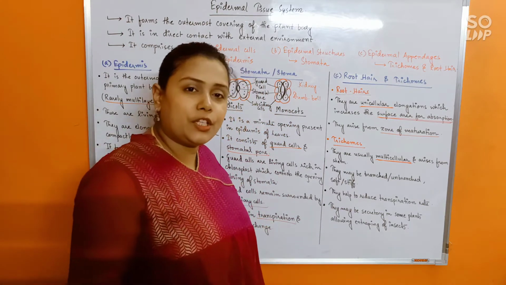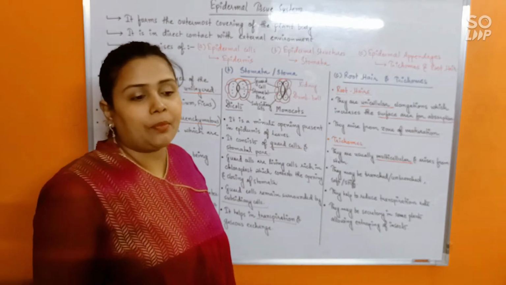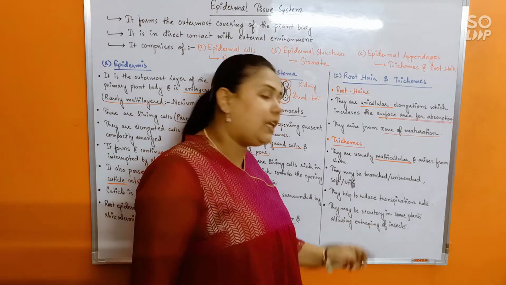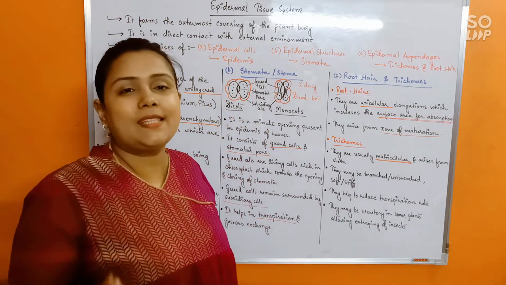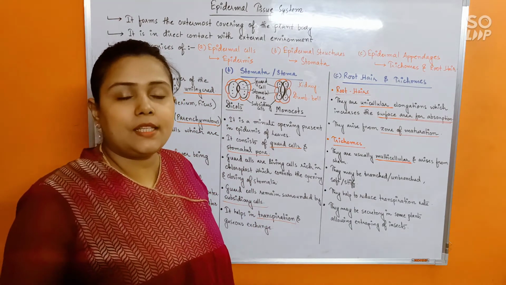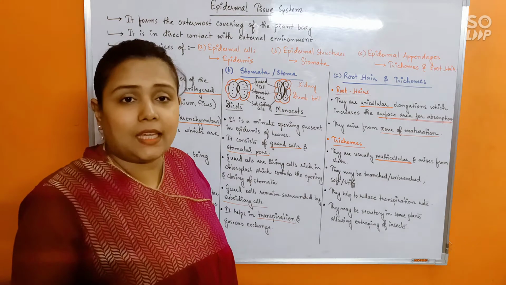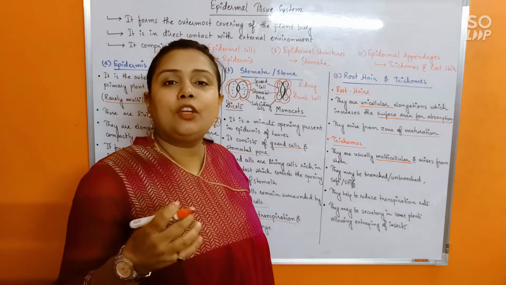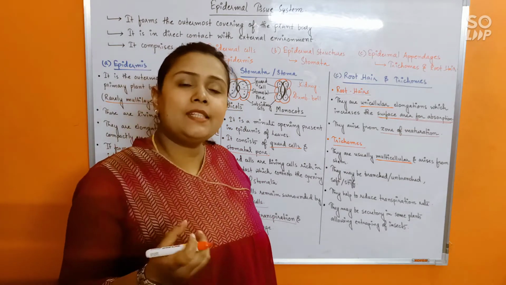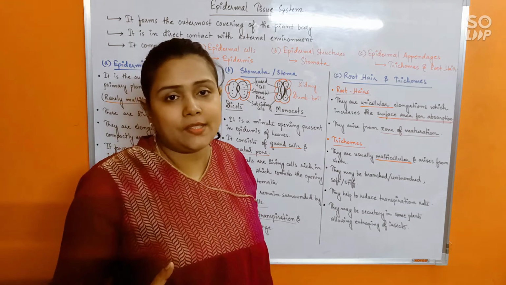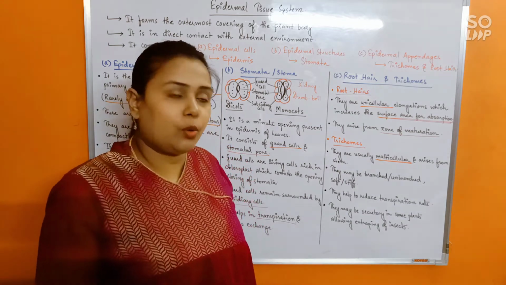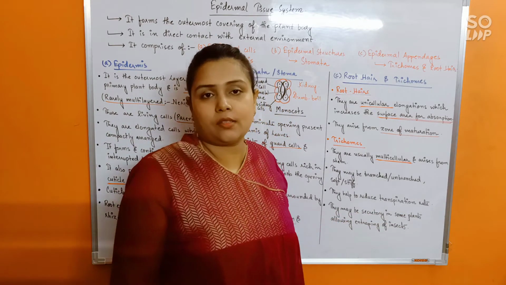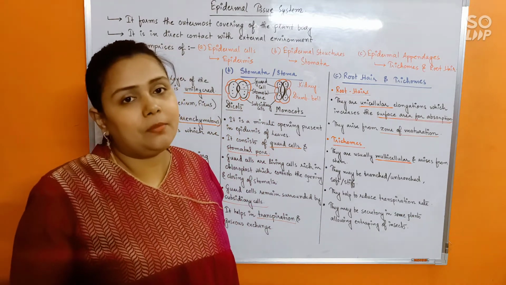But there is another function as well, which is applicable to certain plants. In certain insectivorous plants, the trichomes are seen to be secretory in nature. That means they will be secreting some sticky substances, and those sticky substances make the plant body sticky. So when an insect sits or falls onto the body of the plant, it will not be able to fly away easily, and hence the plant will be able to easily entrap the insect and feed upon it for nutrients. So it may be secretory in some plants, allowing entrapment of insects. Alright, so this is all about the epidermal tissue system.